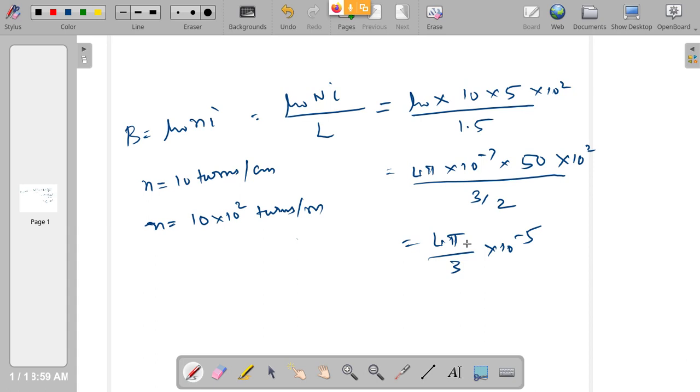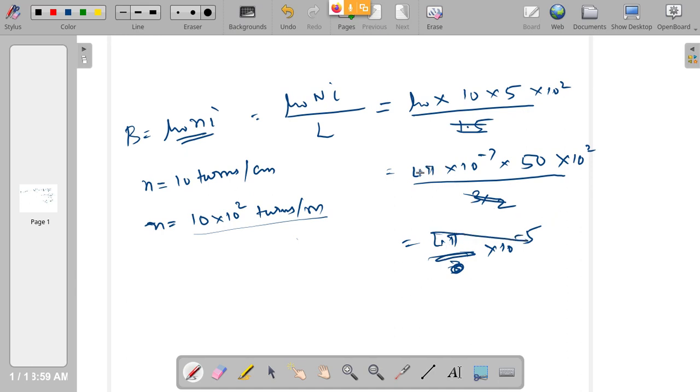The length is there. But see, we are directly converting the number of turns per centimeter. So we don't have to even use the length separately. Length also can be ignored because already here we are taking small n directly. So we can directly use this formula. So we don't have to even use the denominator because of that. So it is not there. Because we are taking already the number of turns per meter. So it is 4 pi into 10 power.